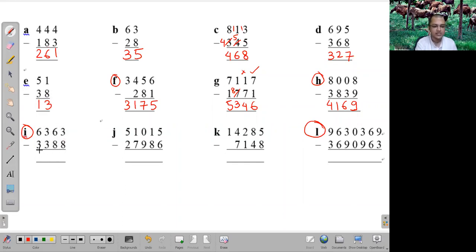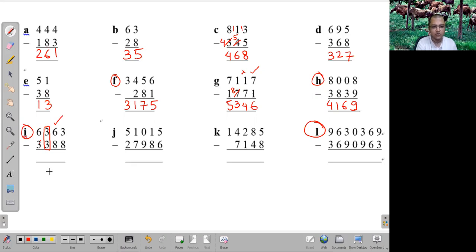So we should do here 6 minus 3 or 6 minus 4? 6 minus 4. Listen carefully. When you have a column where the values are the same, whether you should do 6 minus 3 or 6 minus 4 depends again on the next one.